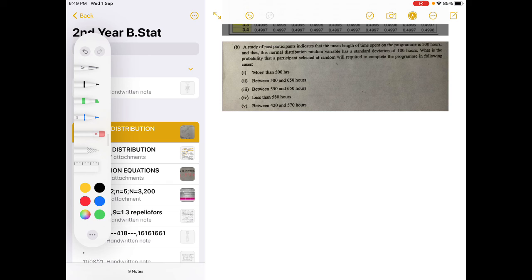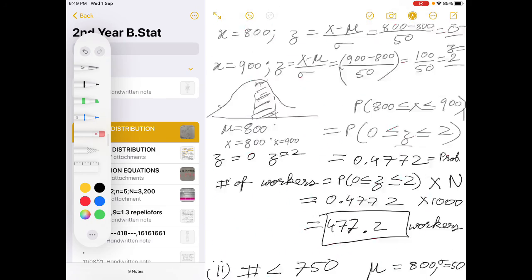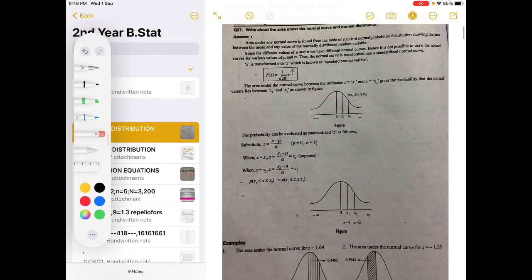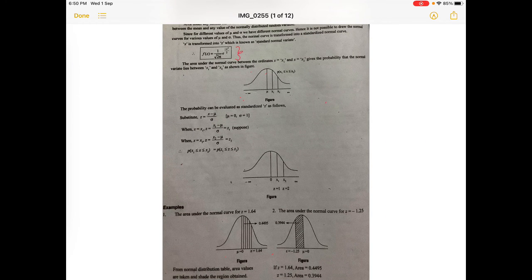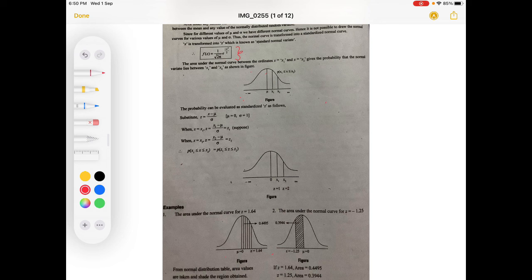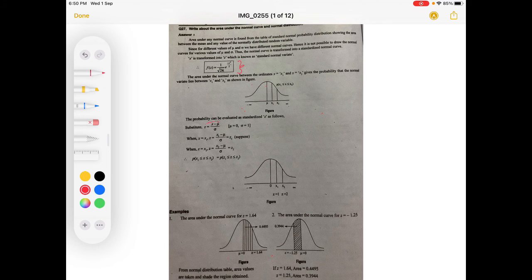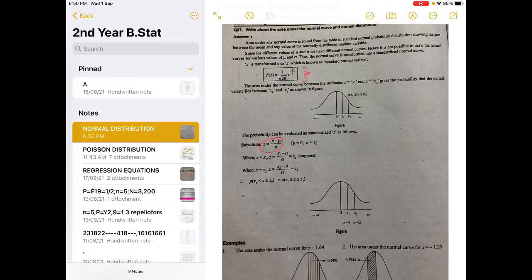Now, when we talk about normal distribution, there is a normal distribution, and there is a standardized normal distribution. A normal distribution has a probability density function, which we have shown you in the beginning, and we convert that into a standardized normal distribution problem. So, this here is a normal distribution function. Then we standardize it by converting it into a z statistic, where we take x minus the mean divided by sigma. That converts any value into the standardized normal distribution model. So this we are going to use to solve the problem today.